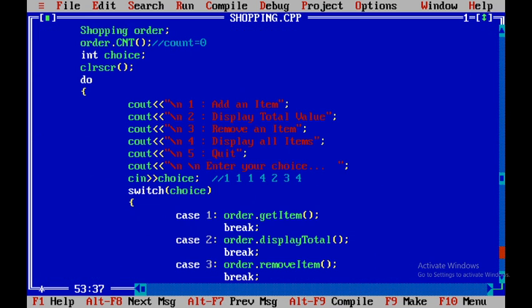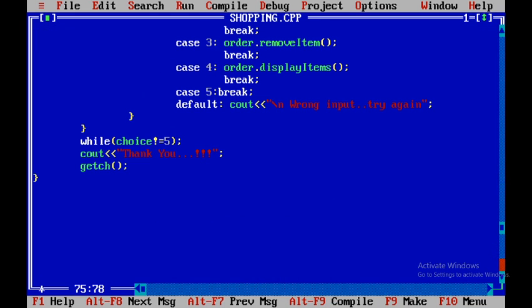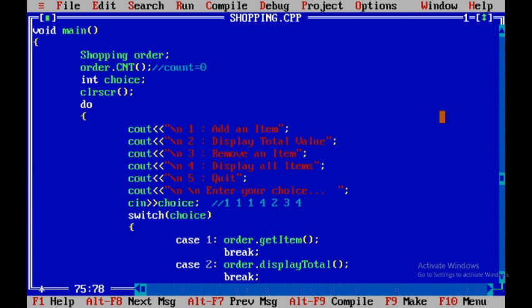After display atom there is a break statement. So it will be the end of the switch case, but still while choice is not equal to 5, one more time it will execute this do while loop. Now I want to display the total, to check whether the amount is actually reduced or not, and for that the option is 2.